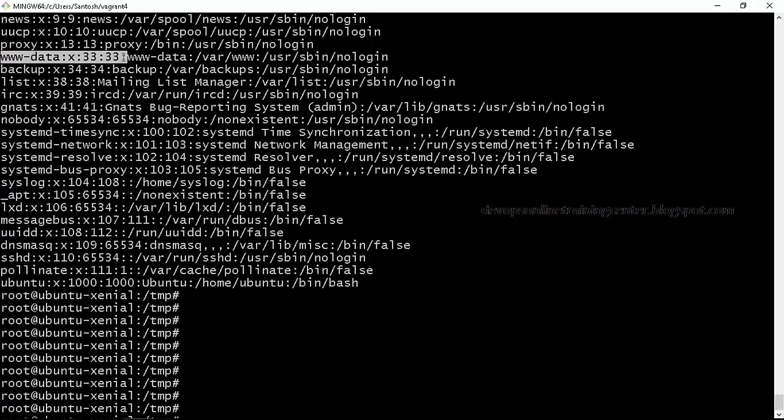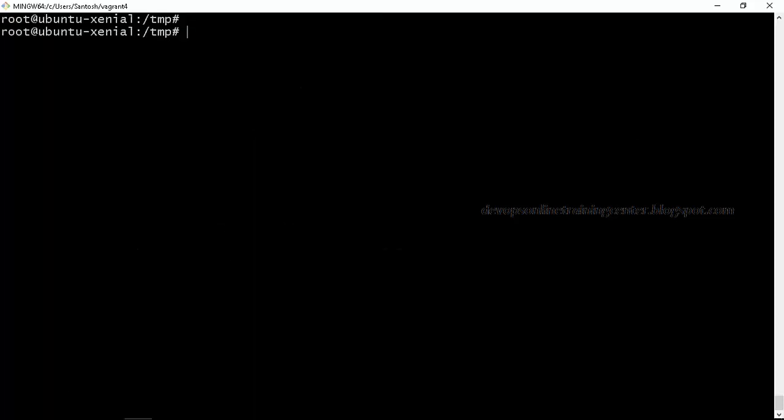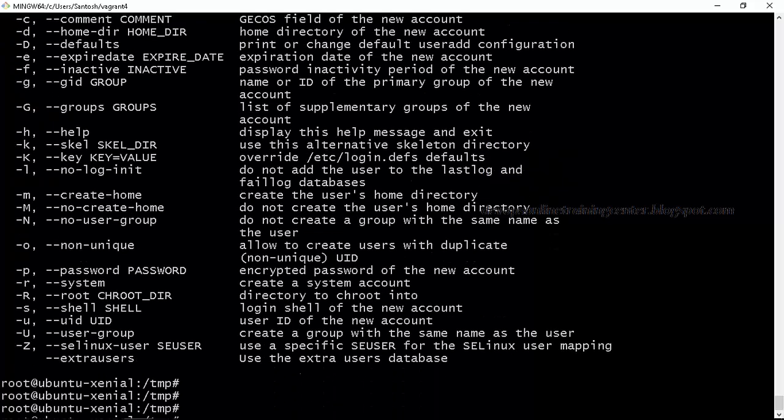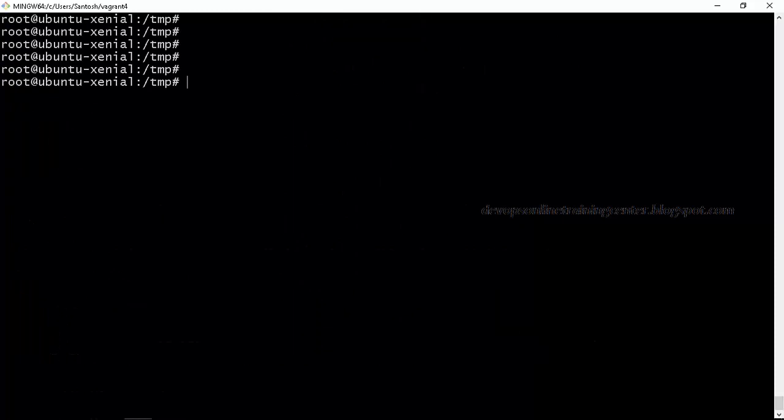So now I want to create my own user. I want to create a new user. How do I create it? There is a command called useradd. Just type useradd, it will give the syntax on how to use the command, right? When I'm trying to add a user, he will have a home directory, so we have to give that information, and then he'll have a shell by default with which he has to log in.